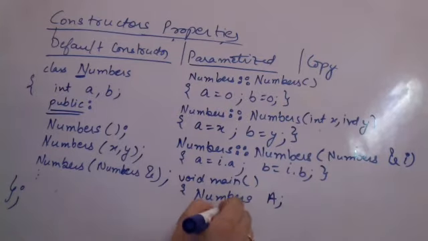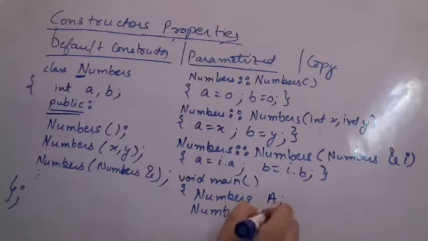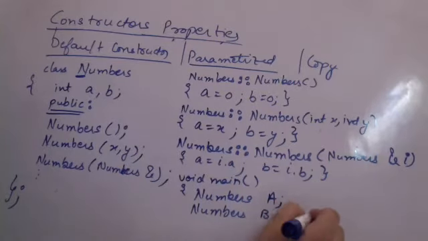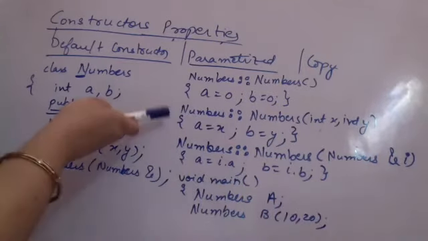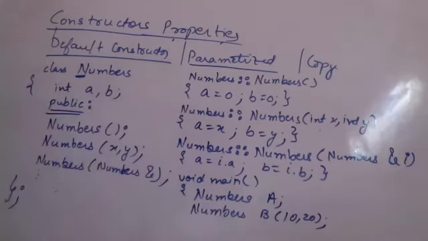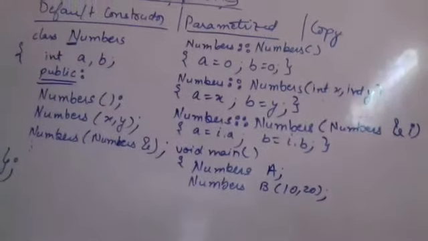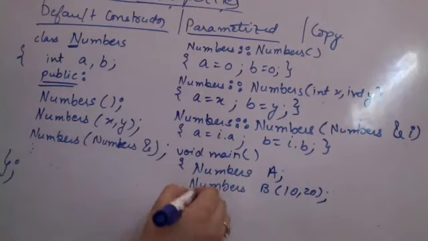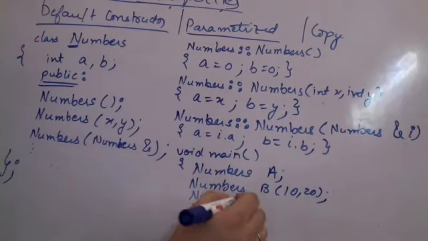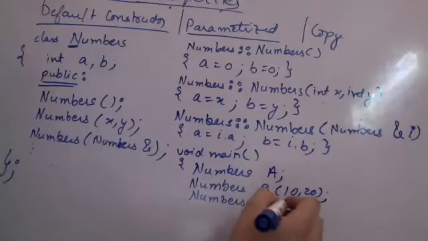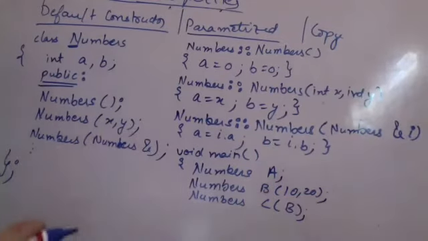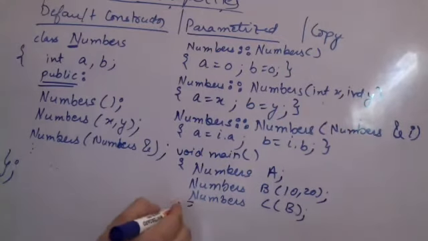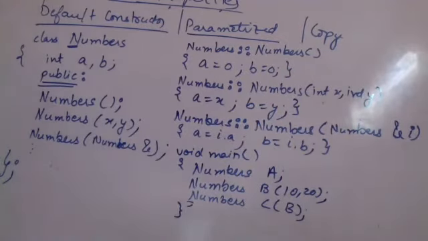When I'm mentioning numbers and I'm creating supposedly B and I'm mentioning say 10 and 20 here, I'm calling the parameterized constructor automatically again. How and what will be happening, we'll just see. And then I'm having numbers and I'm saying C is created and here I'm passing B as the parameter. See, I'm not passing a pointer or anything. Please understand. And there might be other things also. So let us see. And if we print each and every one of them, what will be the output? Let us try to just see what is happening here.